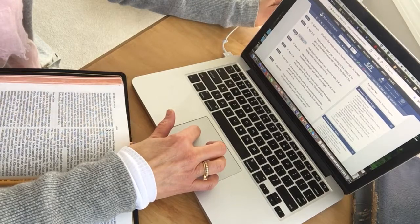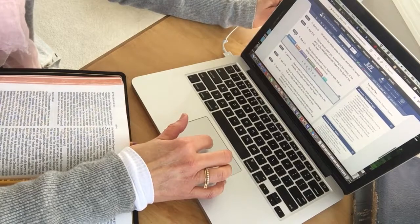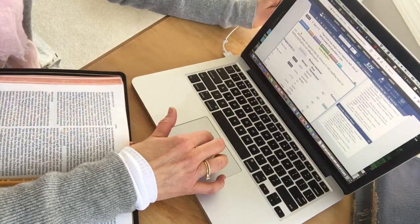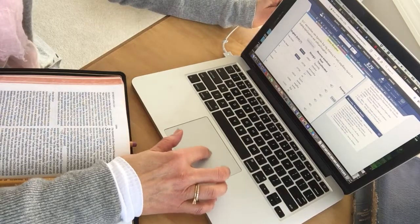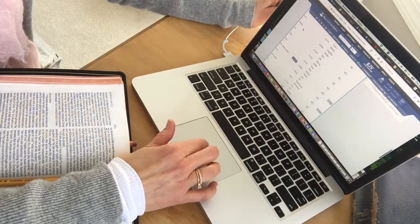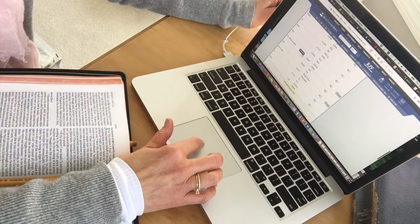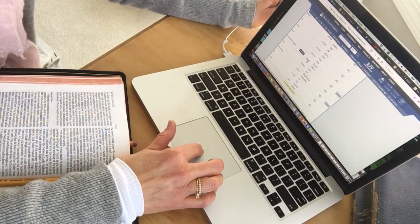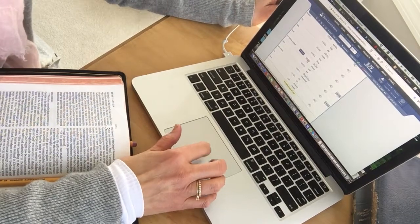Over here, you'll see, do you see this little tab? It says Tools. So you can click on that and look what pops up. If you could read Greek, the Greek pops up here. And let's go down. That you being rooted and grounded. Do you see this? Here it gives us that same number we just looked up in our big book, 4492. You can actually click on that number